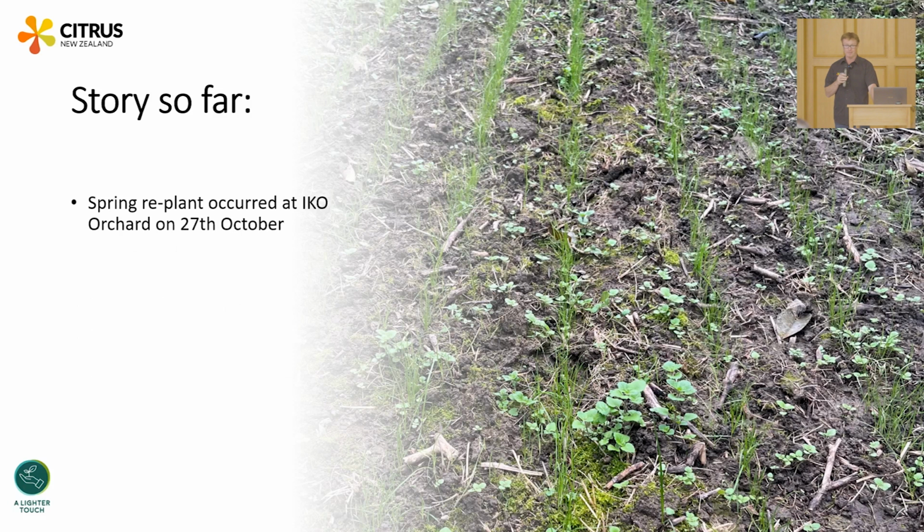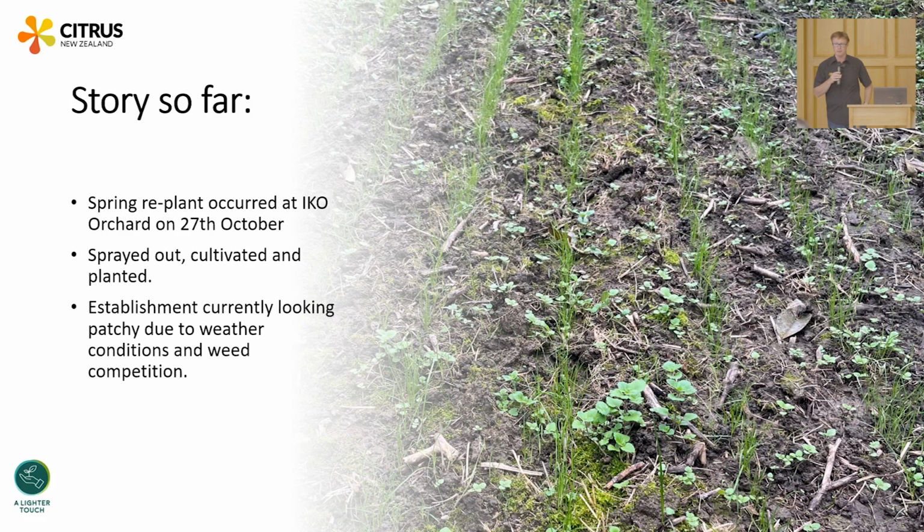So unfortunately, Sam's place is still unplanted. I've just been away for 3 weeks, and before that we went and had a look, and there was still water running down the rows. It had been sprayed out in anticipation, but it just wasn't going to happen. And I believe over the last few weeks it's been fairly wet here right the way through, so that one hasn't happened yet. We did get a replant done up at Tam's at IKO on the 27th of October,